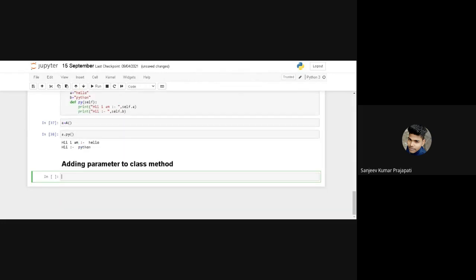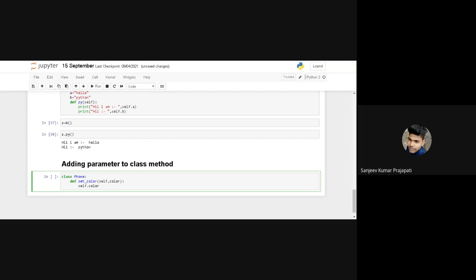So again, I'm creating a new class and it contains one function, self dot set color, and it contains self comma another argument, color.